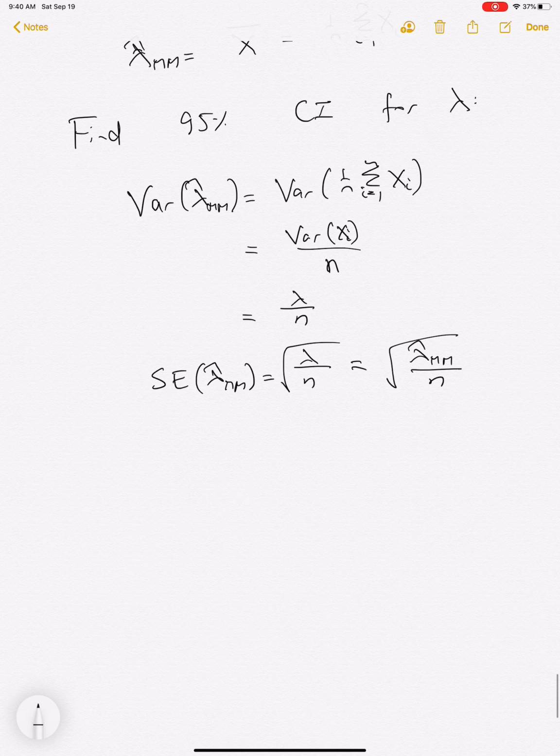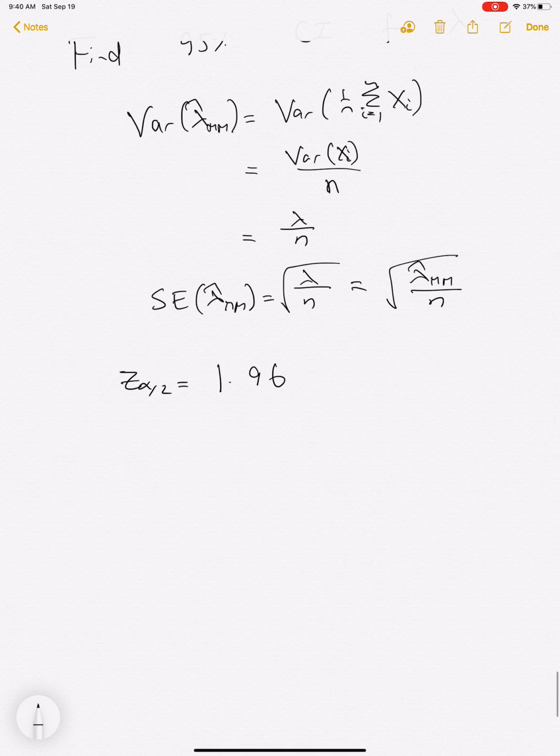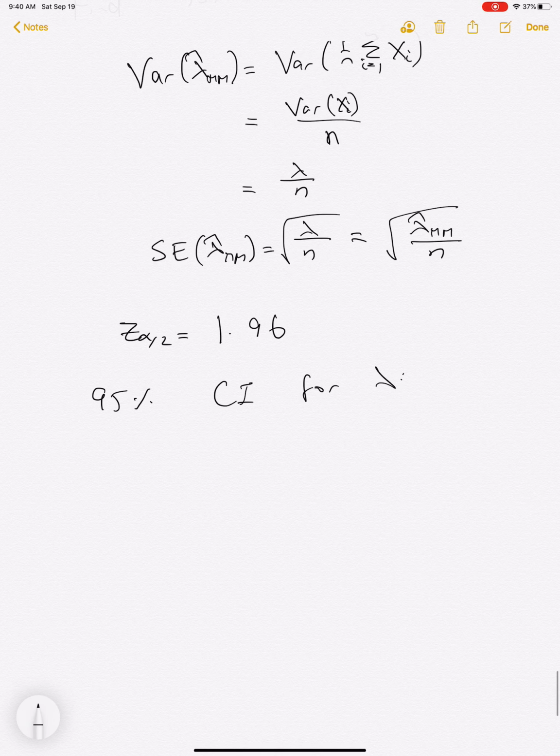So to find the 95% confidence interval, we know that z alpha over 2 is 1.96. Then we know that this is just equal to the square